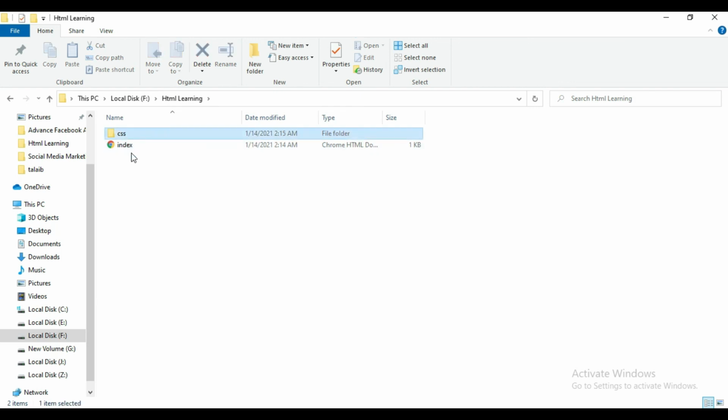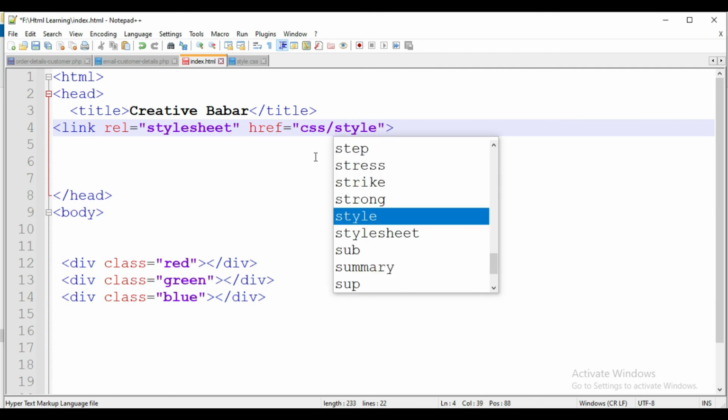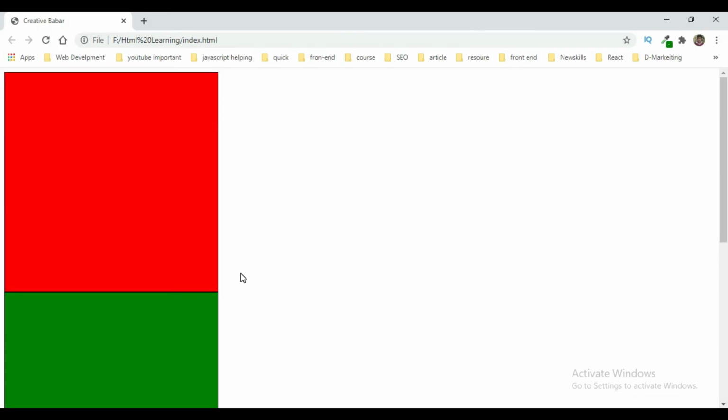Index and CSS are in the same folder, so I first call the CSS folder, but I do not want to apply just CSS. I want to include the file inside, style.css. So I put a slash and call the name of the file, style.css. Now it's working well, the same, because we included the file correctly.